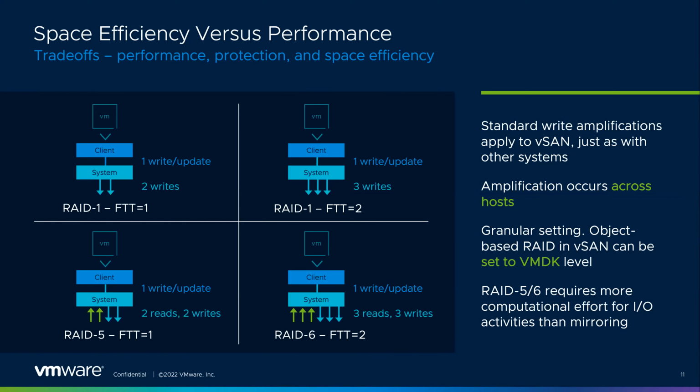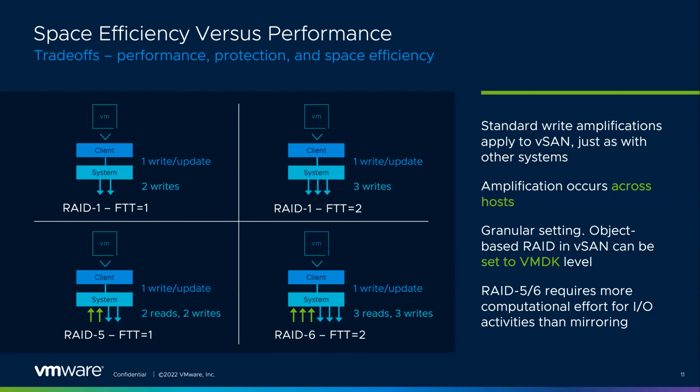If you notice latencies increase on specific VMs or even specific VMDKs, you have the power through storage policy-based management to go change the storage policy for those specific VMDKs. So if I ran RAID 6 and that 6x IO amplification was too much for that virtual machine, I could go change that to a mirroring policy. So I have about half of the IO